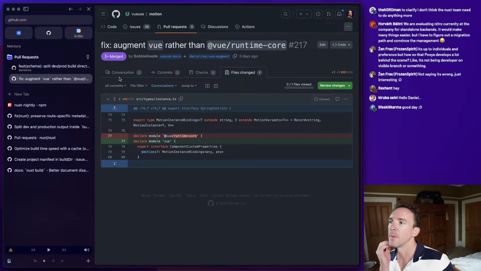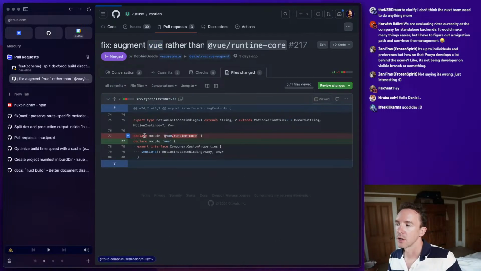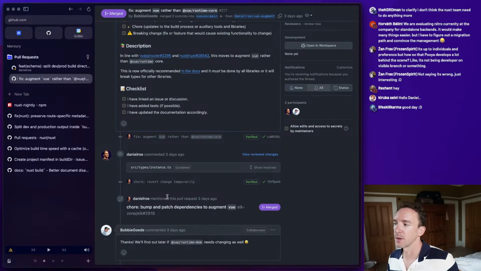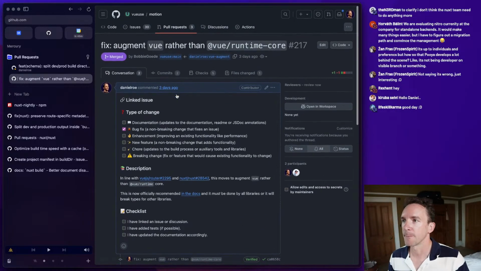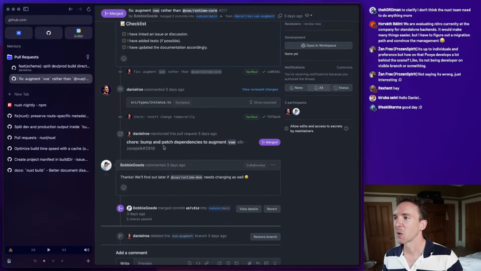So basically, Vue now wants us to augment Vue, not Vue runtime core, for a lot of things. So Vue Router, but this has to be done by all libraries. So exactly, Bobby, it was for that. So it was basically this, and we've been doing quite a lot of